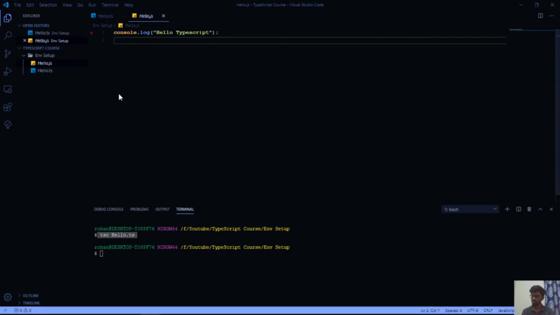As you can see, as soon as we hit enter on tsc and the file name, it transpiles the TypeScript file to a JavaScript file. So here we have set up our own local development environment. This is how it internally works, and we talked about this in the previous introduction to TypeScript video. We'll be seeing various comparisons of TypeScript and JavaScript in the upcoming videos.